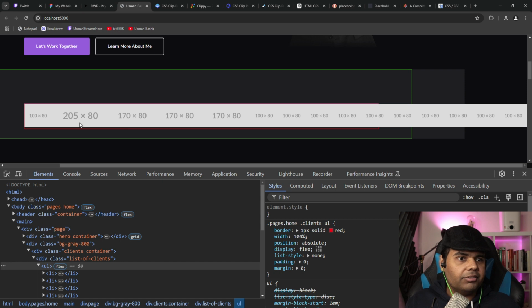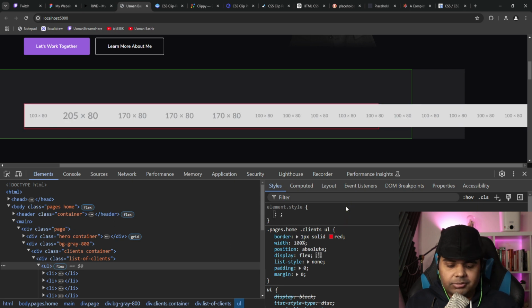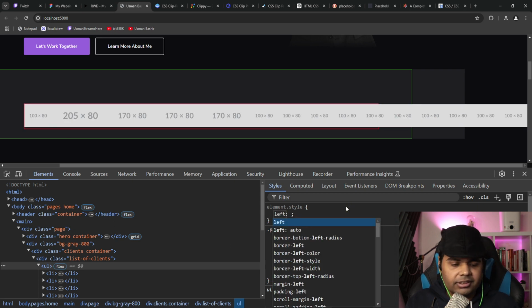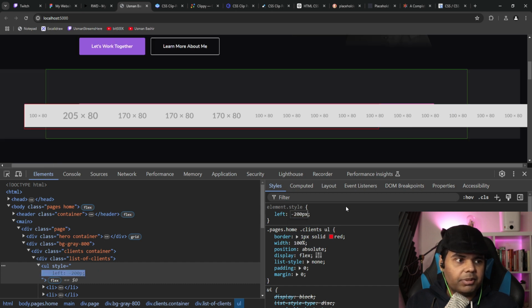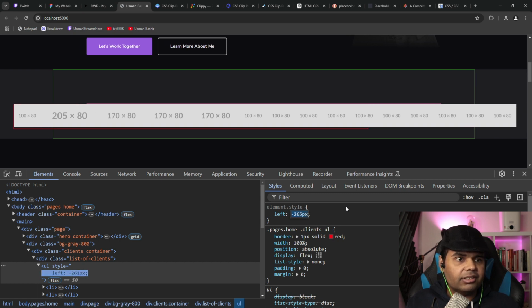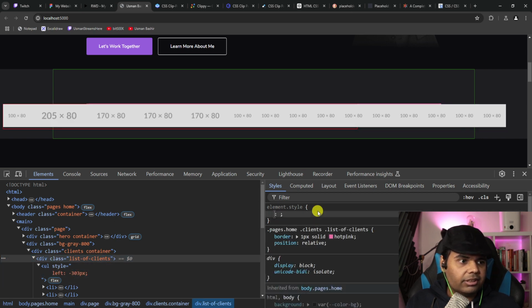Now, obviously, we need to have some spacing between them and whatnot. But the way the animation is going to work is, let's take this guy, and eventually we're going to do maybe left minus 200 pixels or something, right? And then let's just keep increasing this, right? So it's how it's going to animate. And if I have overflow turned on here,